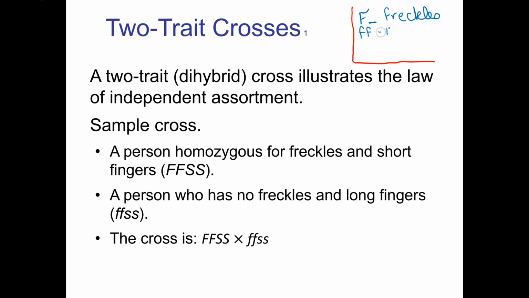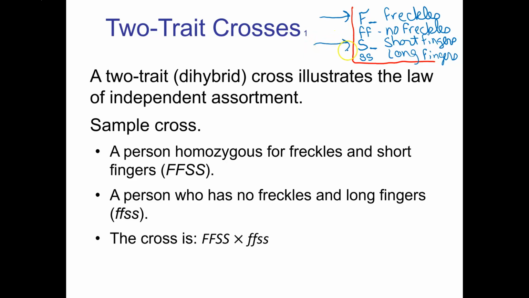Little f, no freckles. And then we're going to use big S for short fingers, and little s for long fingers. So there's our toolbox. So a person who is homozygous for freckles and short fingers would have a big F,